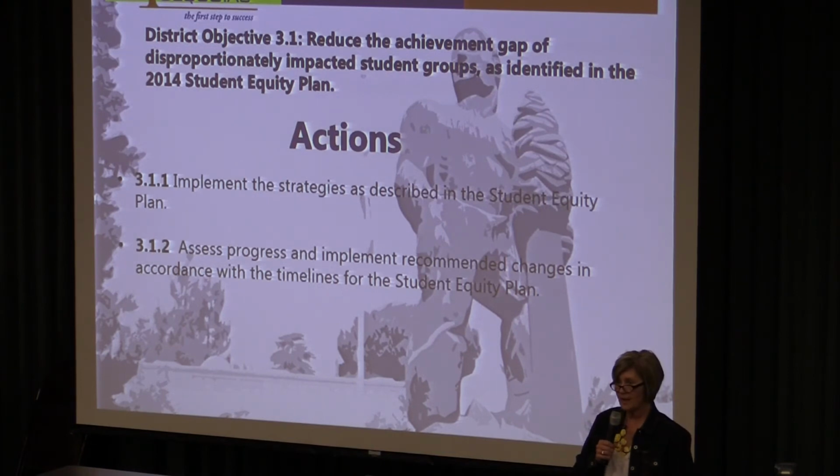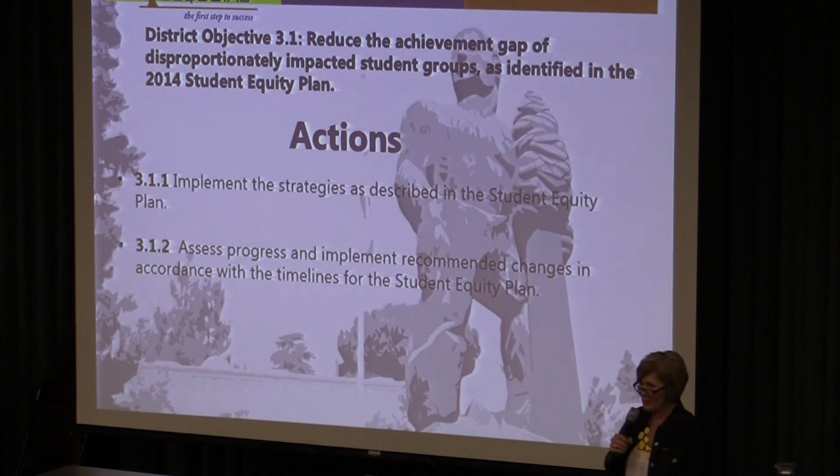A lot of those action plans are very specific to student services, to counseling, to tutoring, all things that make COS a great institution. They're just very specifically going to be measured and assessed to see that they're actually moving the needle. So instead of just doing good things and hoping they work, the student equity plan is going to define, codify and measure that what we're doing is actually making students in the achievement gap more successful. Although it's some dense reading, it's actually a very exciting document. I encourage you to read it.